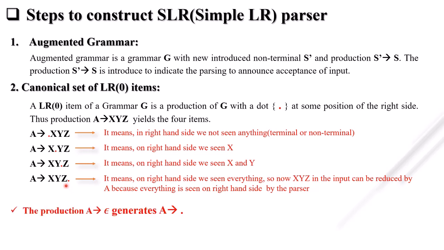So if in the grammar there is a production A tends to null or B tends to null or C tends to null, then we have to generate A tends to only dot. We don't have to write A tends to null dot. We only have to write A tends to dot in LR0 items. Okay. If we see the example, then you will clearly understand this augmented grammar and canonical collection of LR0 items. So don't be more confused. We will easily understand this first and second point in the example.